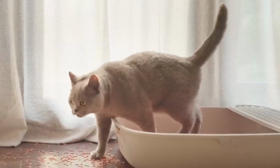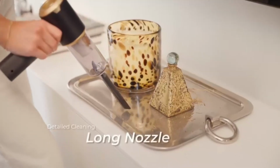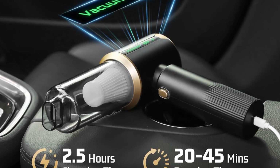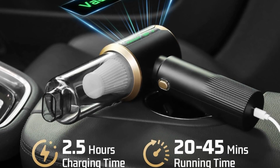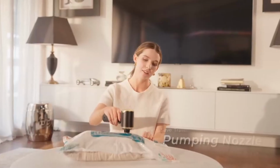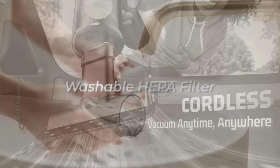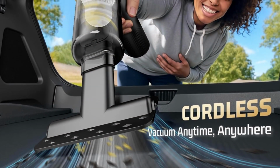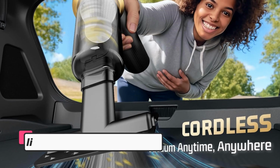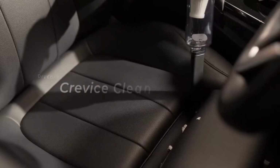tight spaces. A washable HEPA filtration system captures fine dust while keeping maintenance simple and cost-effective, since both the filter and dust bin are reusable. The rechargeable battery offers up to 45 minutes of runtime, while USB Type-C fast charging and the LED battery indicator make it convenient to recharge and monitor power levels. Combining strong suction, practical accessories, and user-friendly features, this vacuum is an excellent choice for anyone seeking professional-level cleaning in